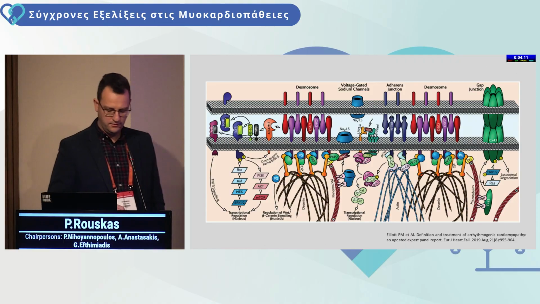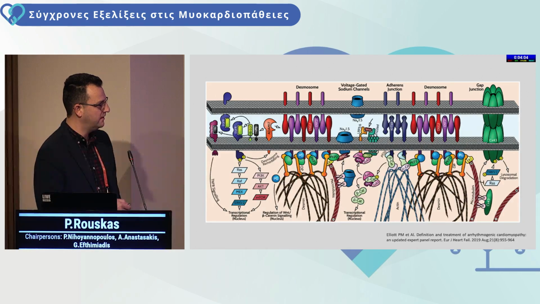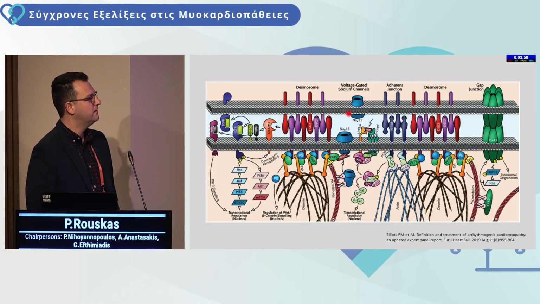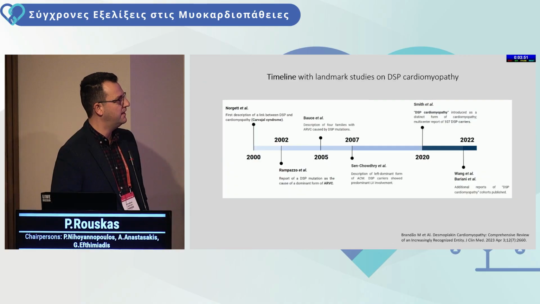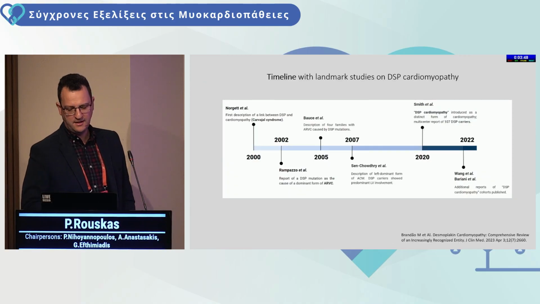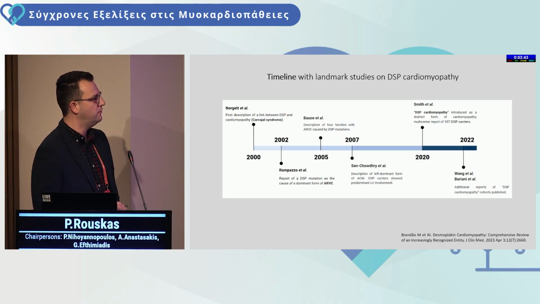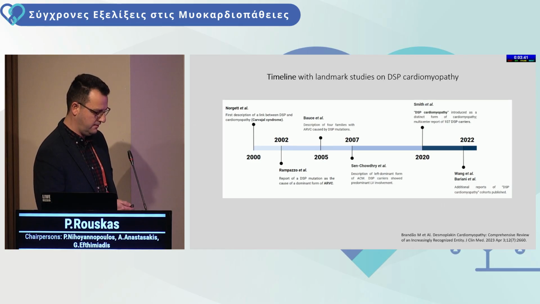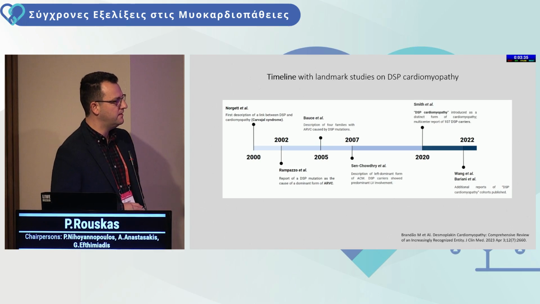So if we go back to the literature, we can see again that desmoplakin is part of the desmosome, which, along with plakophilin and plakoglobin, through desmocollin, interfere and act as a way to provide cell-to-cell adhesion, we could say. And the timeline of this specific cardiomyopathy goes back to 2000, firstly being described with skin involvement as well, the well-known Carvajal syndrome, and then with some families, firstly involving the right ventricle and then the left ventricle